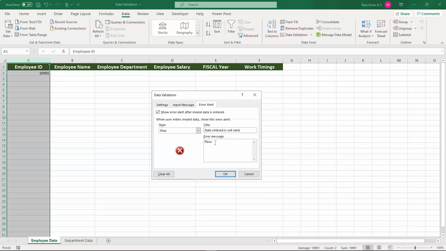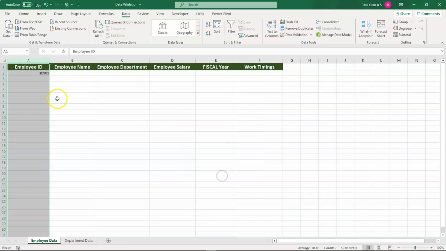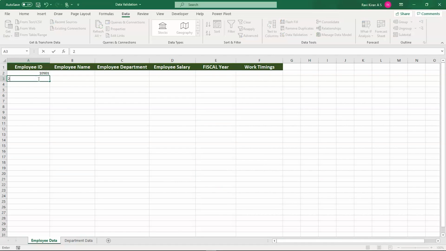Please enter, this is the error message, please enter EMP ID between 10,000 to 11,000. Press OK. Now when you try to enter the wrong number, it will show that particular error alert message.